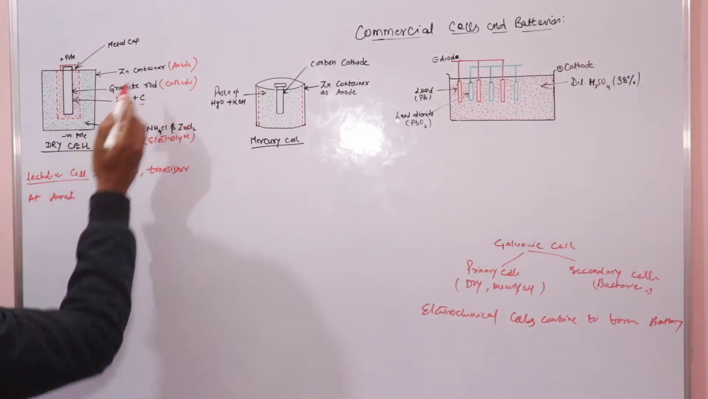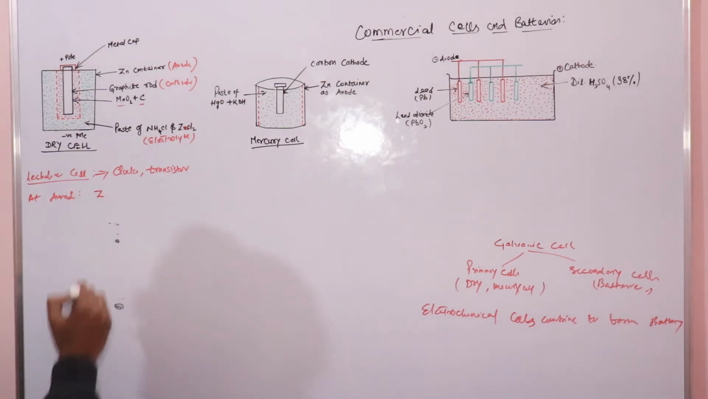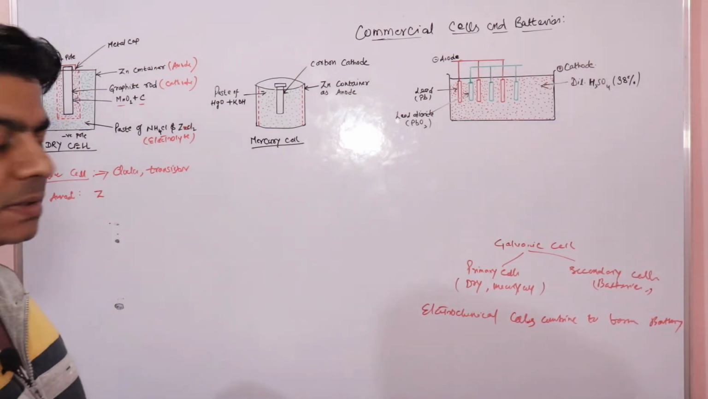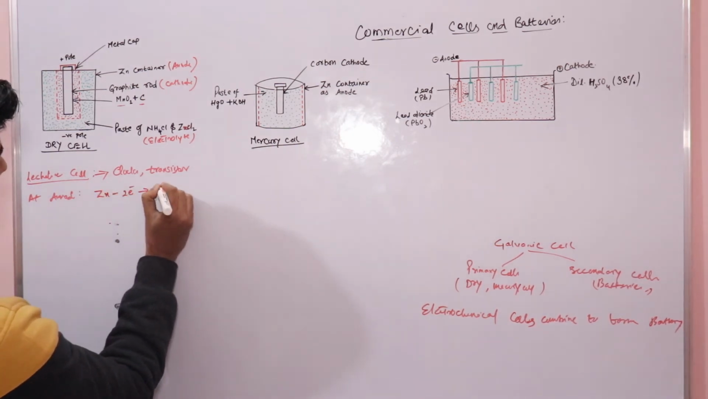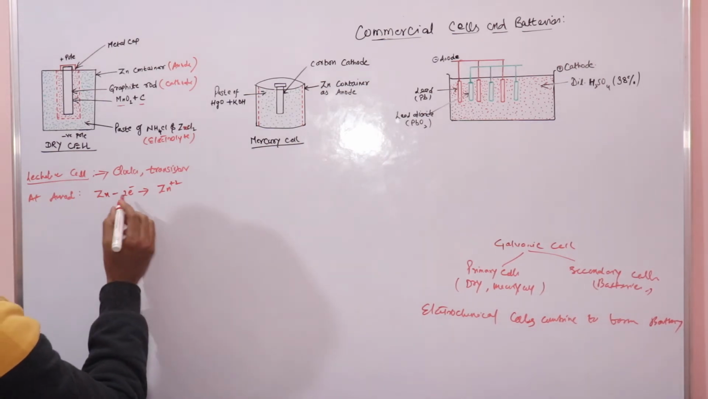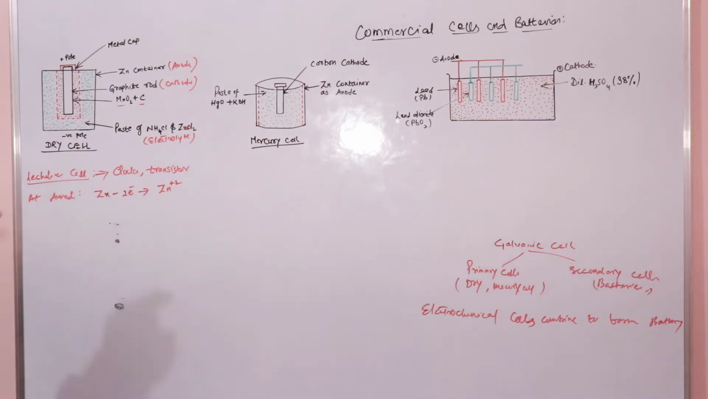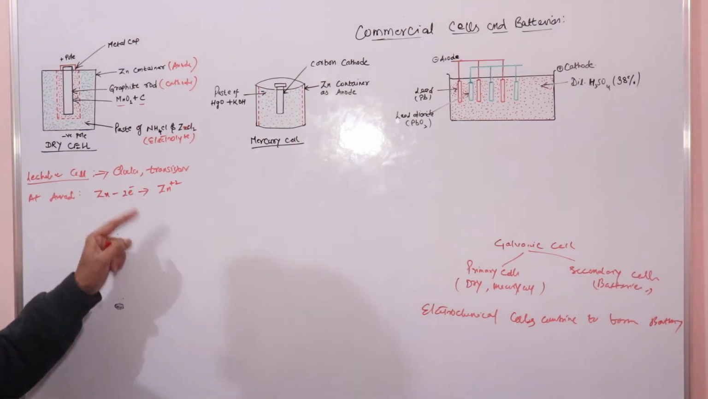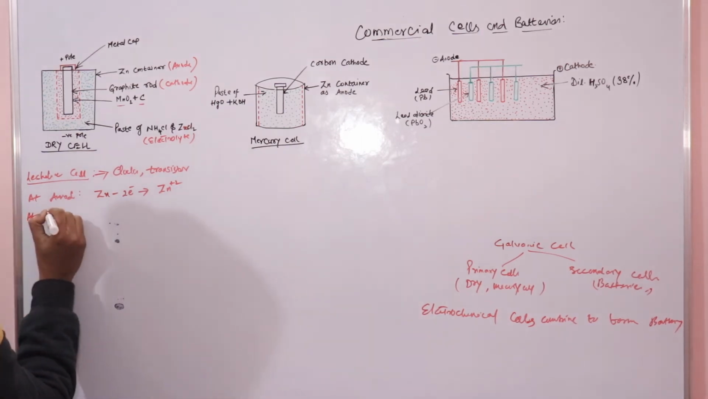we know that anode is of zinc. So we know that at anode oxidation takes place. So zinc will lose 2 electrons to form zinc ions, right? Now these 2 electrons lost will go to cathode. These lost electrons would be gained at cathode, because at cathode your